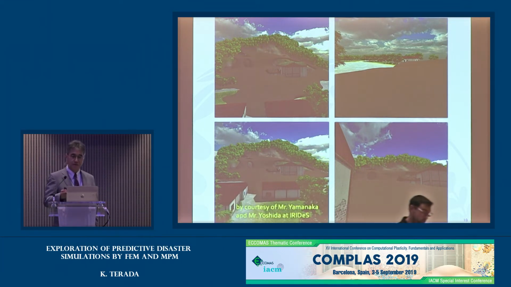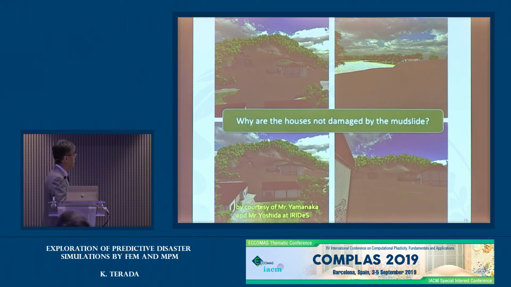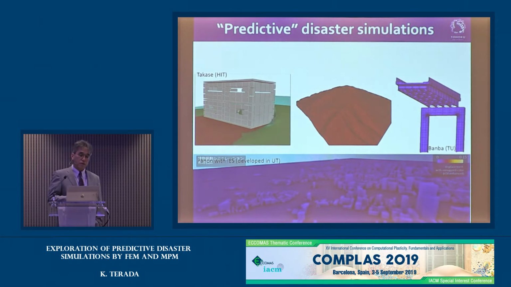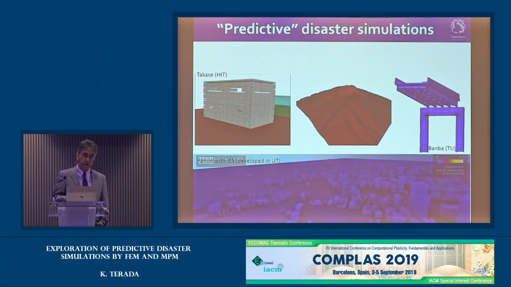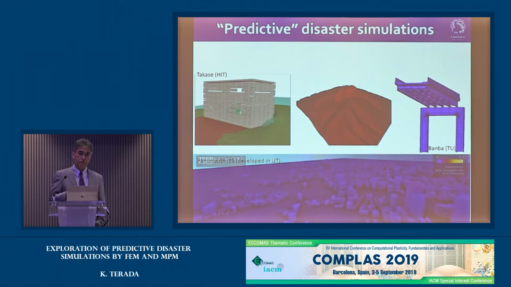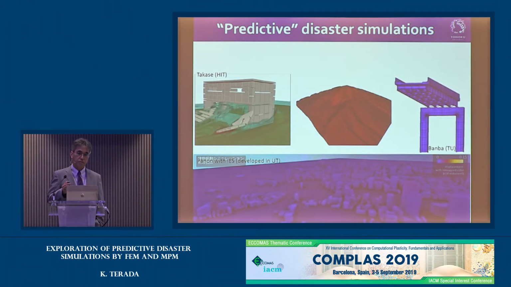So maybe most of you criticize this simulation result because the houses are not damaged by the mudslide. This is a big problem we have to challenge in the future. Although I haven't yet risen to a certain level at the stage, the numerical simulation, along with this kind of numerical visualization, may be effective for the education purpose, but not predictive